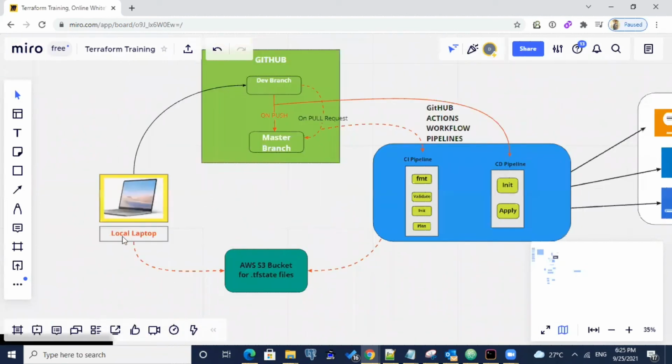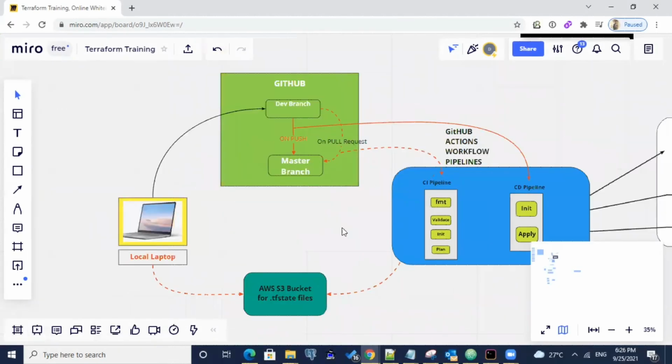So basically, from the laptop, we push all our Terraform scripts to the Git repo, but the state file is pushed to an AWS S3 bucket. In this case, we are using an AWS S3 bucket. There are other backend options provided by HashiCorp, which we will also look into in later sessions. If you have not watched this session, I highly recommend going and watching it. It's a little lengthy, but it has a lot of information. Please watch it. We are also going to implement this framework at the end of this course.